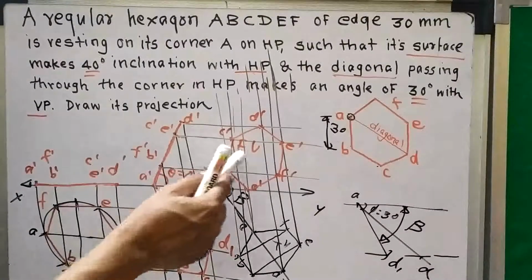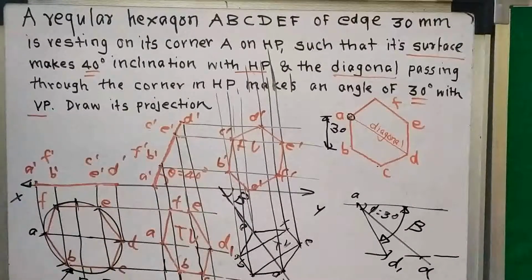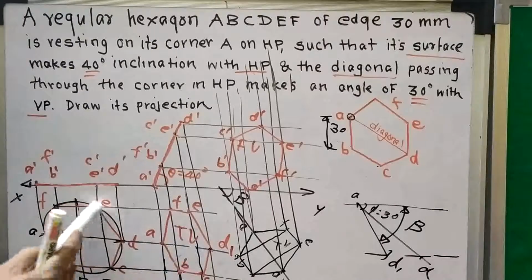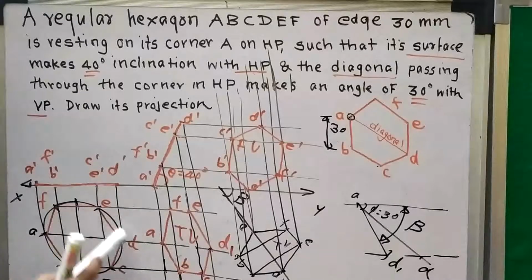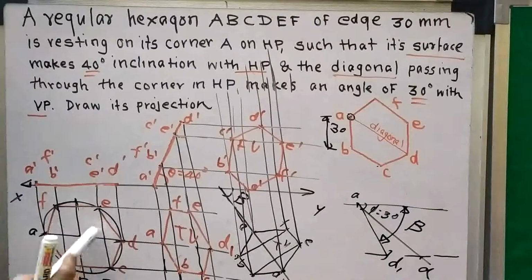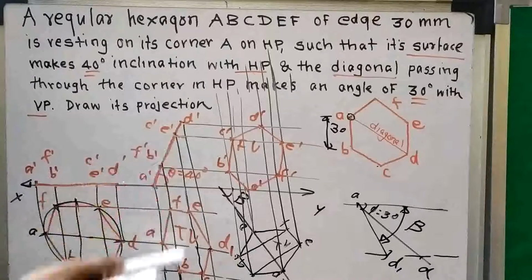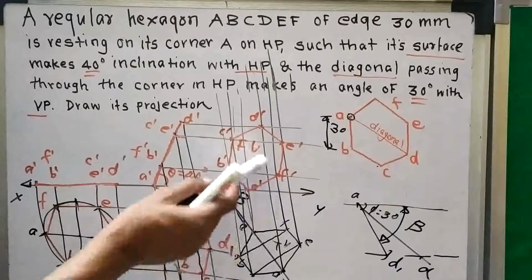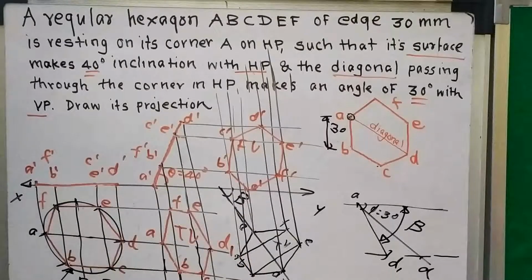So this front view and top view should be sharp and dark. In this case, this is the original position, so it should be front. Your circle line is a construction line, so all these construction lines should be faint. These projector lines all should be faint, only their views should be dark, so it will appear good. And this is the solution.